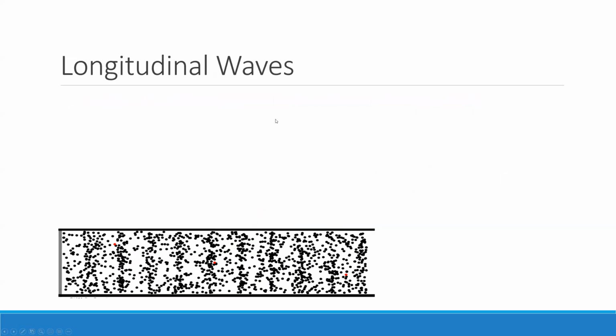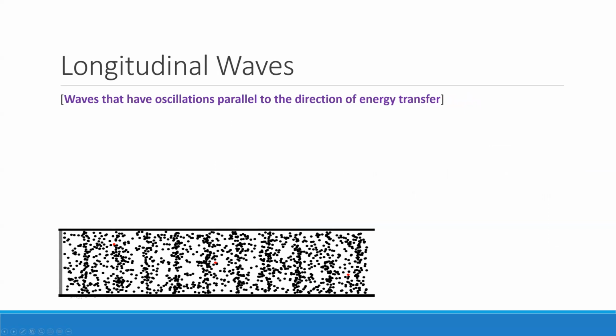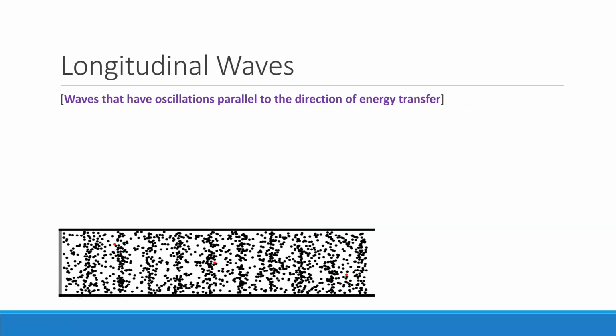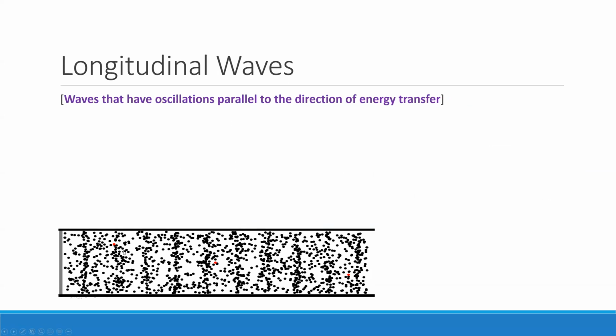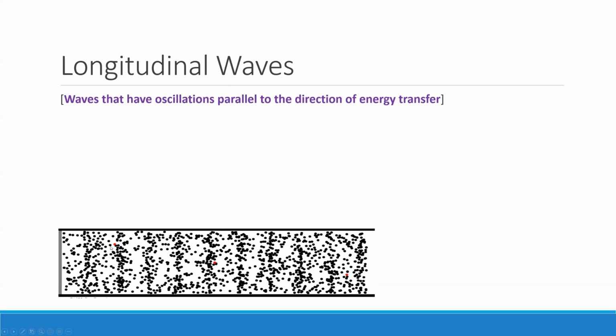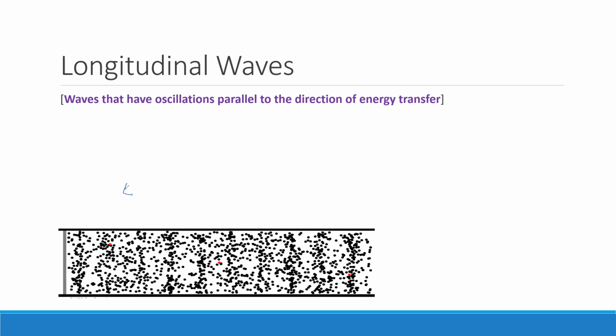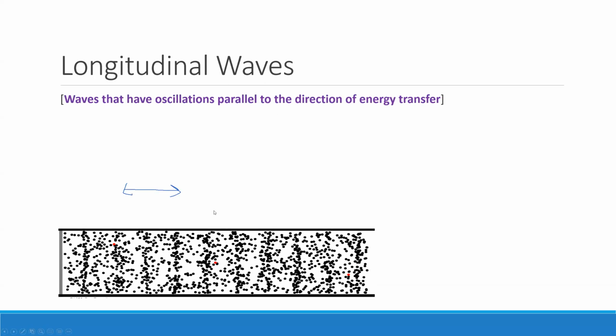All right, let's continue. Longitudinal waves have oscillations parallel to the direction of energy transfer. So if we look at one of these particles, you could focus on any particle in these animations. Maybe the red ones are easier to focus on. You're going to notice that the particle, the molecule, is vibrating or oscillating from left to right, left to right. So we've got the oscillation left to right, whereas we have the wave also going from left to right. So if you focus on one of these lines, that's just moving across. So the waves transfer energy from left to right.